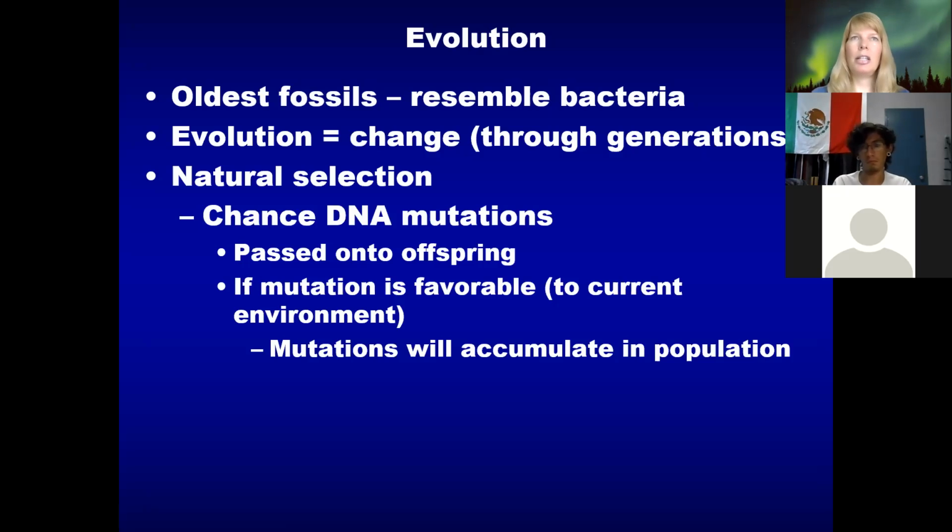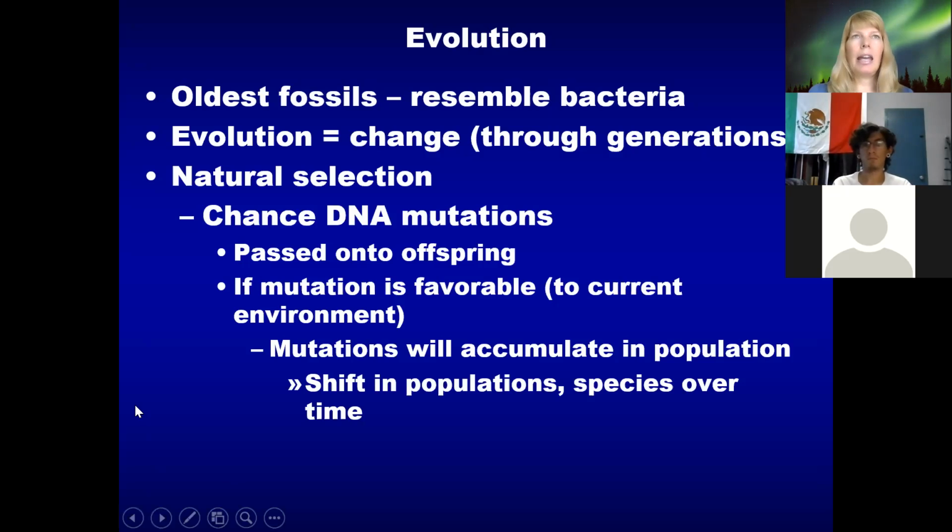And if that chance mutation occurs and it's favorable, well, then they'll maintain it and pass that on to the next generation. As that happens, you can get speciation to occur. And so